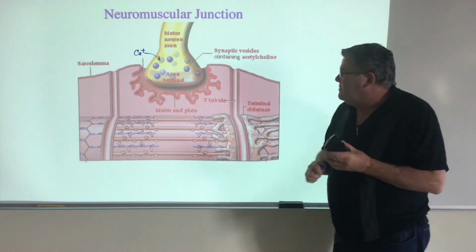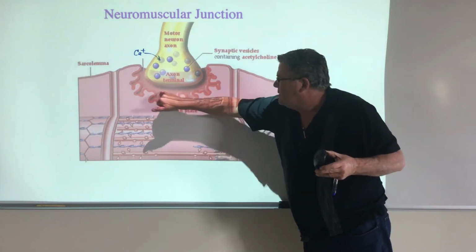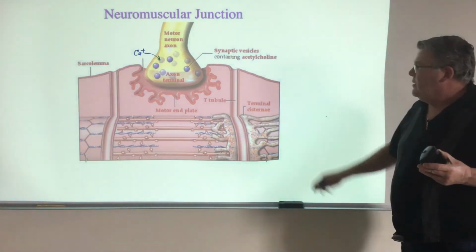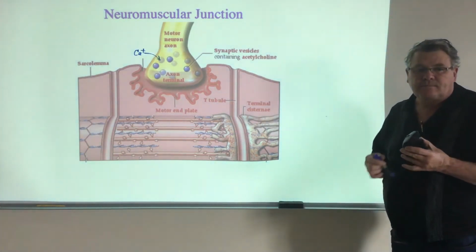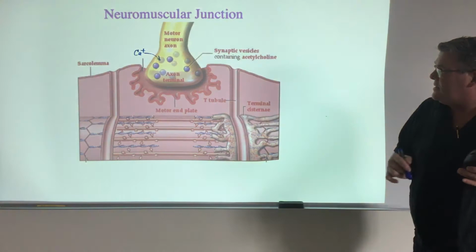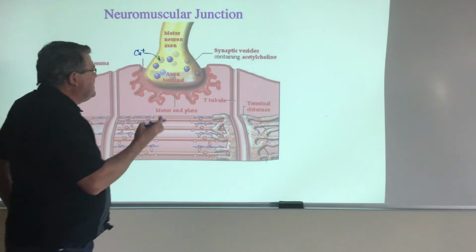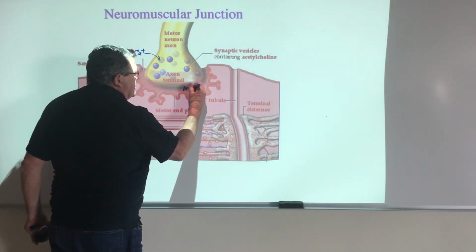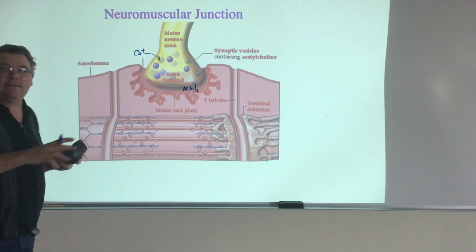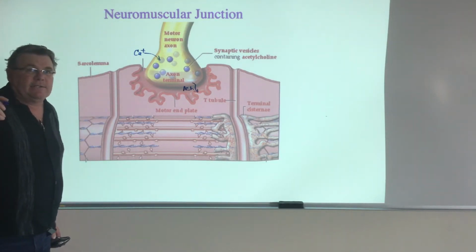The acetylcholine is dumped across and ends up binding with the membrane of what we call the end plate, or the muscle fiber. Now here's what's going to happen, and I'll go through this hopefully not too quickly. What's going to happen next is once the ACh moves across and sends in the signal that says, hey, it's time to do something, sodium channels are going to open.